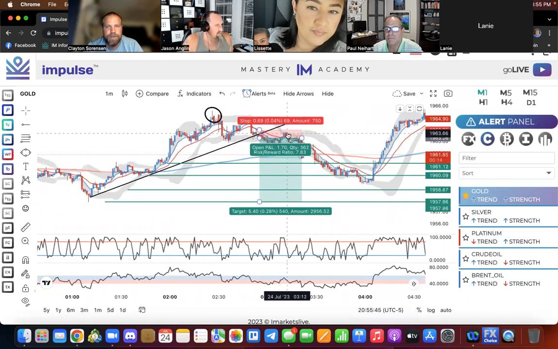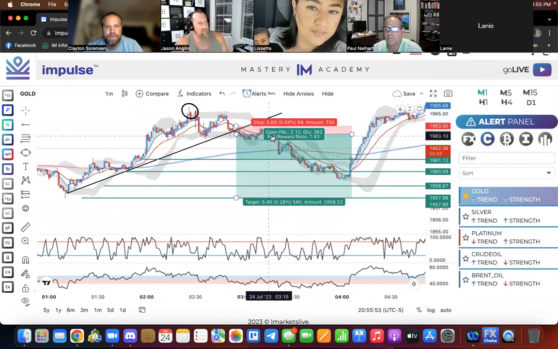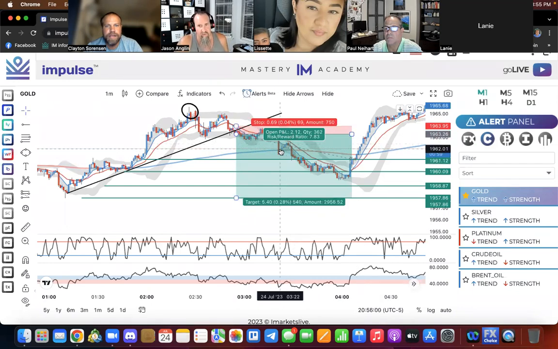Okay, this thing, oh no, we got a little scared, a little crazy, almost got stopped out. Okay, and now we're going. Now we're starting to flow down. Okay, now we're moving. We're getting down. We got a good push down. We got a little retracement back up. Boom, it's starting to head back down. All right, now,